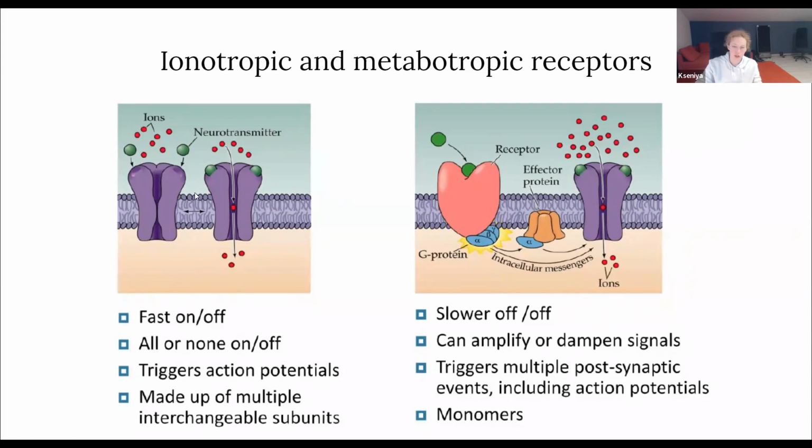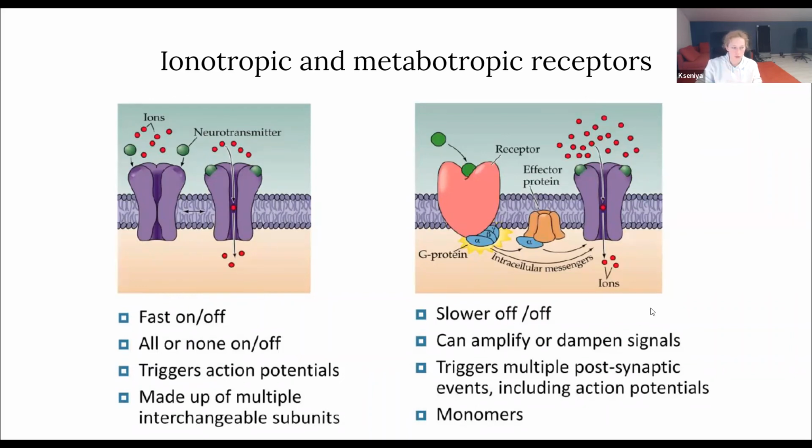So the ionotropic receptors are faster. They are triggered by action potentials, and they can be made up of different molecules. So there is more than one molecule in one